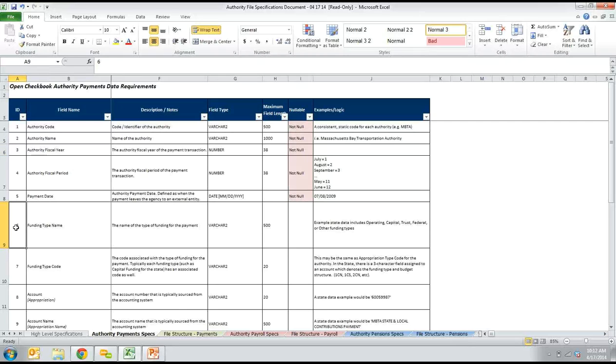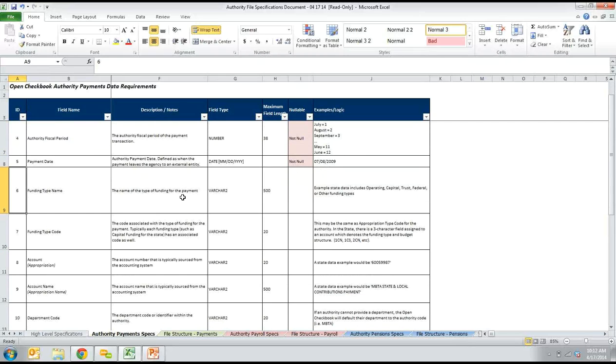So moving on to the next few fields, we have funding type name and funding type code. Sample state examples of these would be like operating or capital trust for funding types. The funding type code, typically there is a code associated with it. The state uses, I believe, a 3-character field to assign for its funding types, but obviously, each authority, we understand